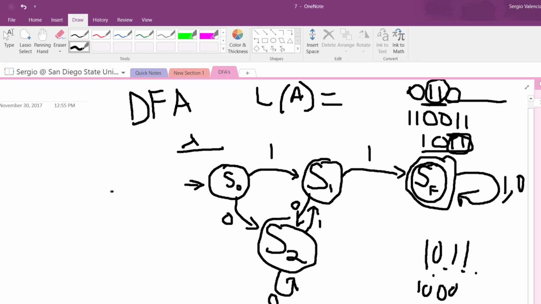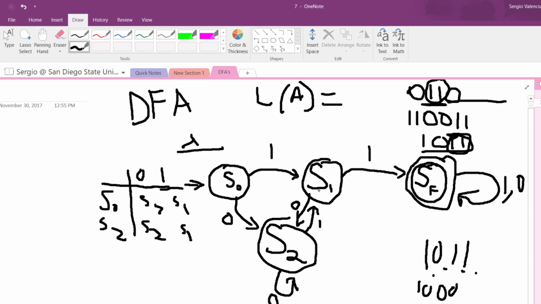See how we have an S0 and an S2? Let's draw a table for where they are going. So if you get a 0 in S0 and you get a 0 in S2, you both go to S2. If you get a 1 on each of those states, you go to S1. This means they are doing the exact same thing, which means we can erase one of these states